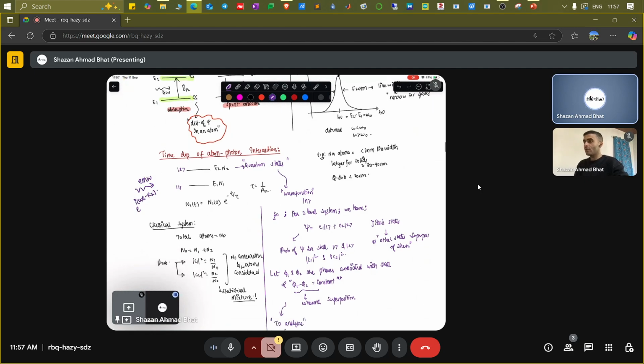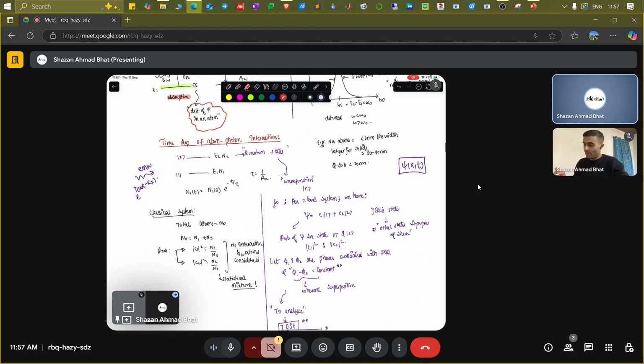So that's why, for this problem, we need to solve the time-dependent Schrodinger equation. There is no other way out because you need to see what is the evolution of the wave function in space as well as time. So you need to understand what is psi of x comma t. Or in other words, let's consider a two-level system, let me just use the red. If you consider the two-level system shown here,